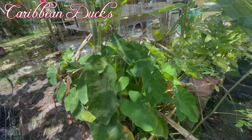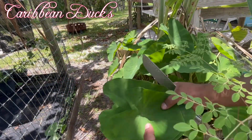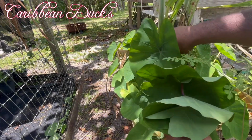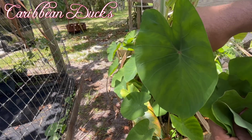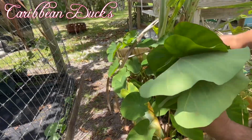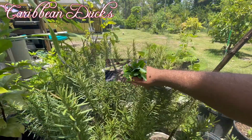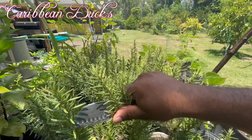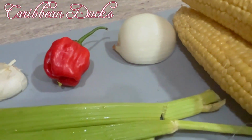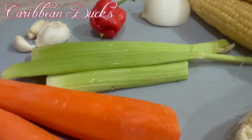Now I'm gonna go to the backyard and I'm gonna get edo leaves. Now edo leaves are a little bit smaller than the dasheen leaves that you're used to, and you can always identify it with that little red dot in the middle. So edo leaf doesn't have all those enzymes that itch your mouth as dasheen, so we can cut up the whole leaf and eat it up. So now we have garlic, pepper, onion, celery, and our corn, along with some